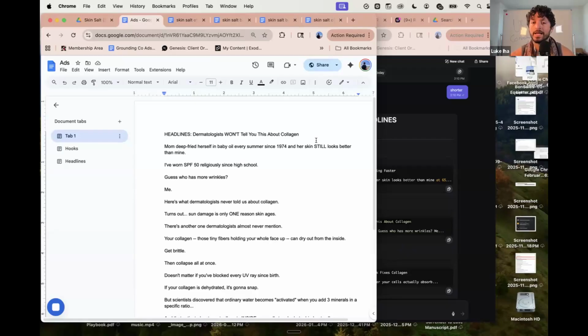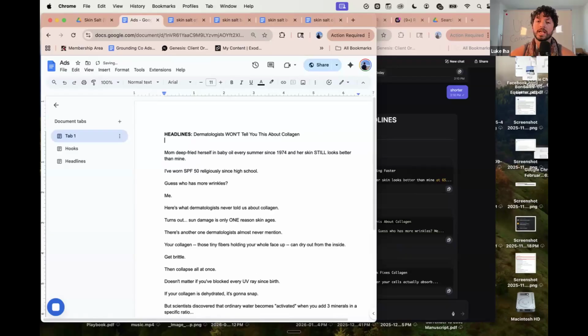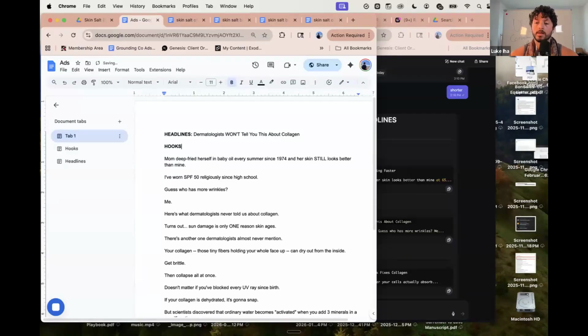Typically, what I found, depending on the spend, is I actually don't do that many hooks or headlines. I may do 2 or 3 different hooks for each ad, which would just be the opening line, and maybe 1 or 2 headlines, and just pick the ones I have a lot of conviction on. The reason is if you spread it too thin, you don't get spend on your best stuff, which is annoying because it takes too long to get spend. But every account is different, so you need to be aware of that.